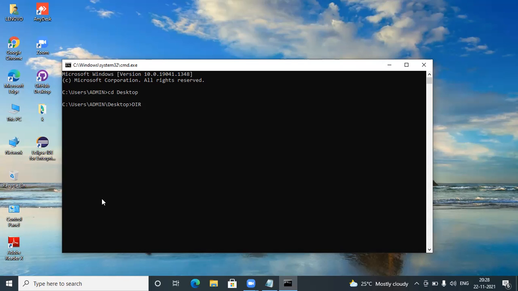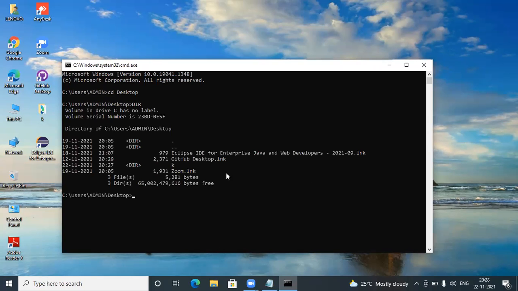Everyone watch it carefully. It is going to help you when you start working in a company. You should know about this command. All these command line commands, you should be familiar with. Press enter. So you can see here, it will show you what files you have. Eclipse, IDE, GitHub link, Zoom link. It's unable to find the file. Can you just check where the Java file is saved? I think you might have saved somewhere else.